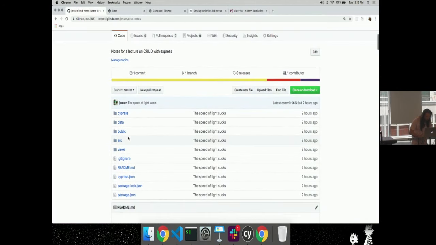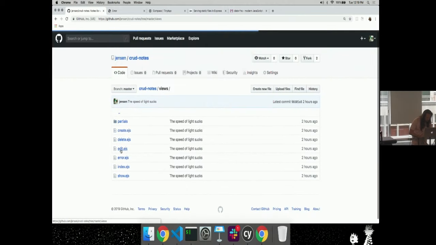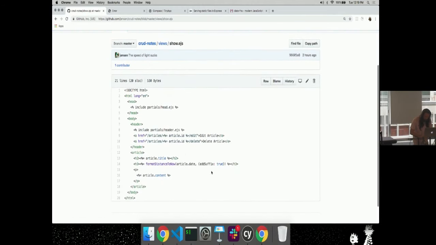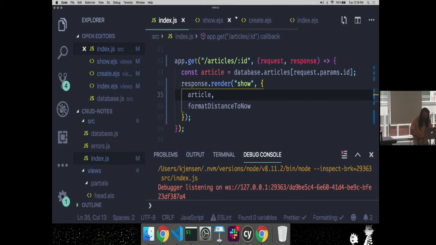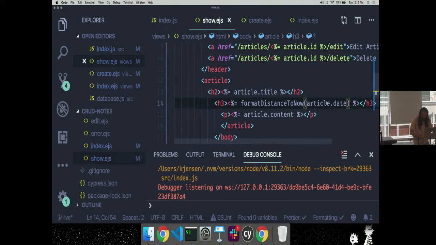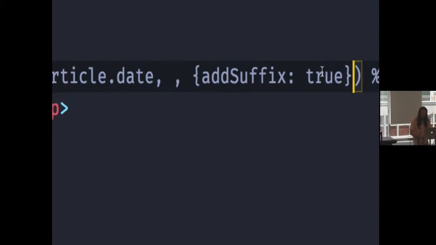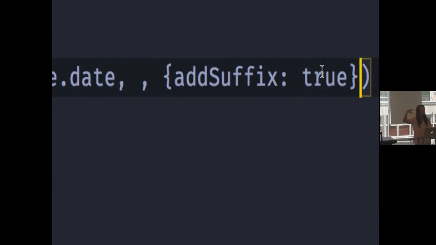I will look in these docs because there's a suffix we want to put on this. We want to put the ago suffix on it, and this wasn't important, I didn't want it to get in the way. But here, when I call format distance to now, I'm passing the date and then a property called add suffix so that it says ago at the end of it.